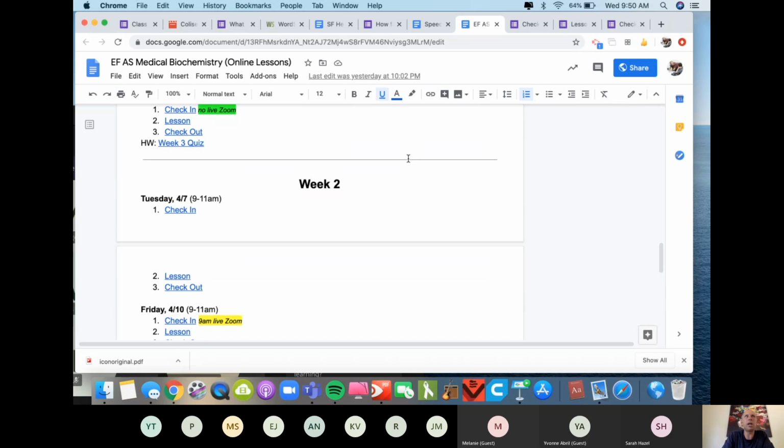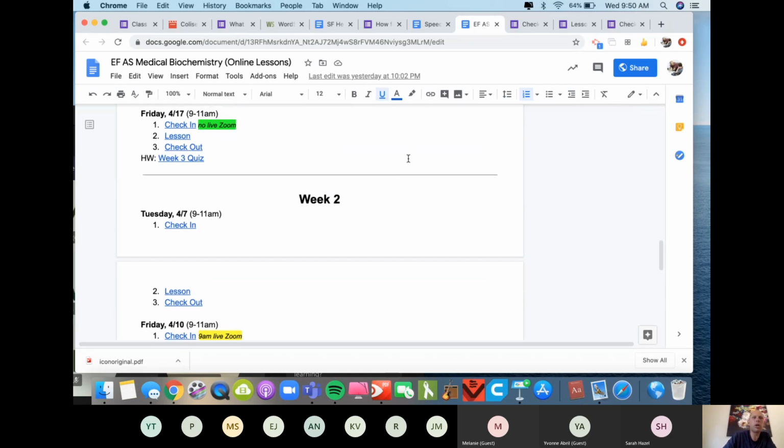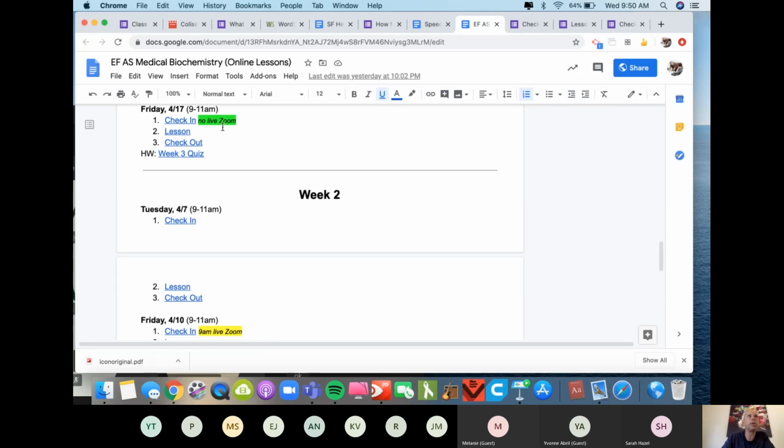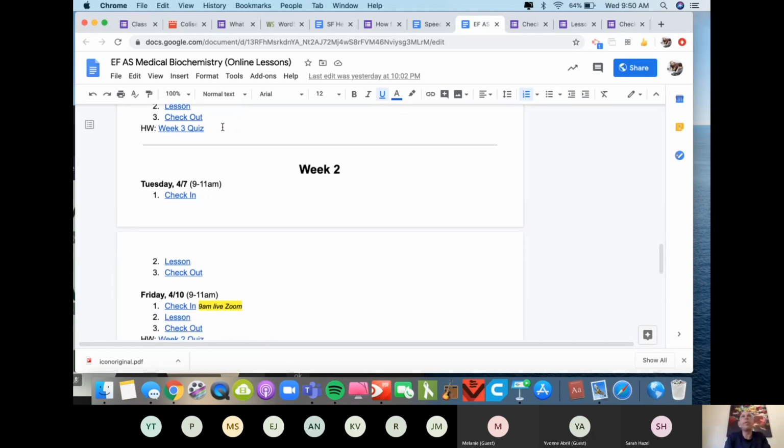And I said, that means that I'm going to be available in the Zoom room if you have questions, but these are tasks that you're going to be walking through. So I said, I'll just label it. If there's no live Zoom, that means there's a form you fill out. If there is a live Zoom, that means that I'm going to be doing this thing live. And the purpose of that first part is to get you interested about the lesson.